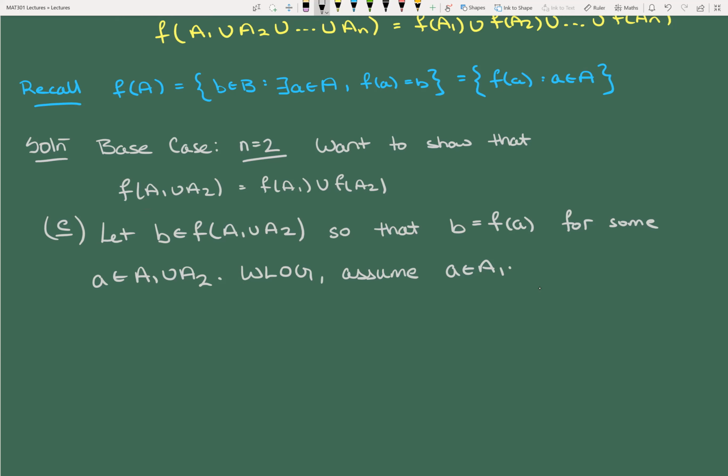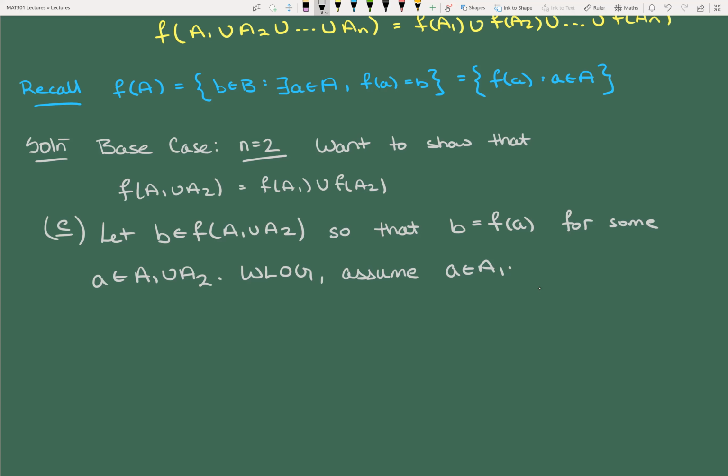So what I'm trying to say here is, listen, it's either in A1 or A2. If it's in A1, great, we're going to continue with the proof. If it's in A2, well, this is just a naming thing. Let's just basically rename A2 A1 and continue on with the proof, right? It makes no difference which of these sets it's in. So we're just going to assume it's in A1 because we could just rename them if we really wanted to. Okay, so hopefully that makes sense. And if not, throw something in the chat and I can elaborate on it a little bit more. But don't do this in cases. Just assume it's in A1.